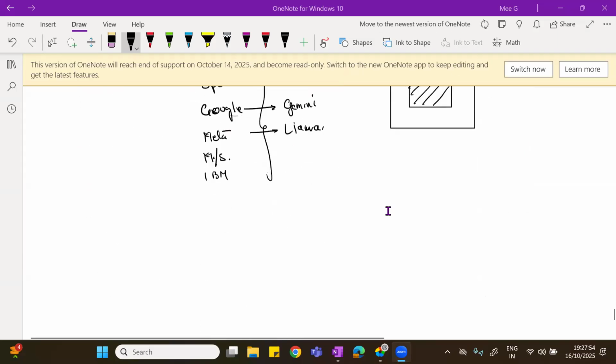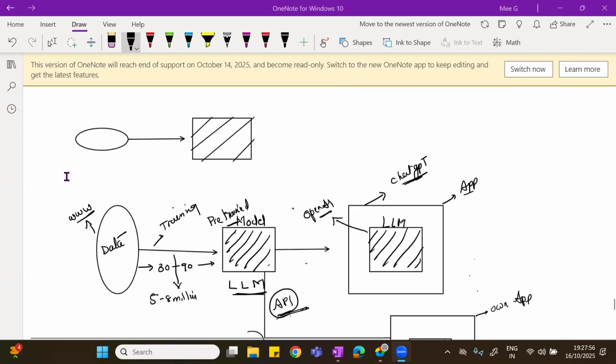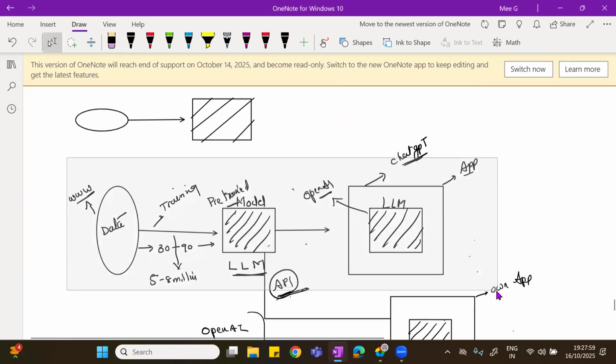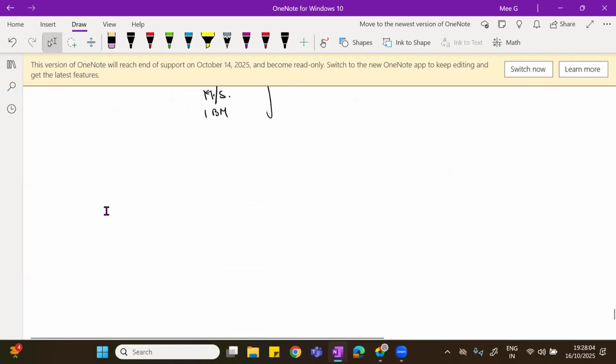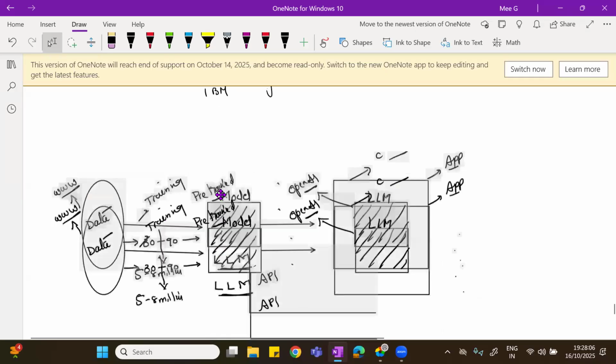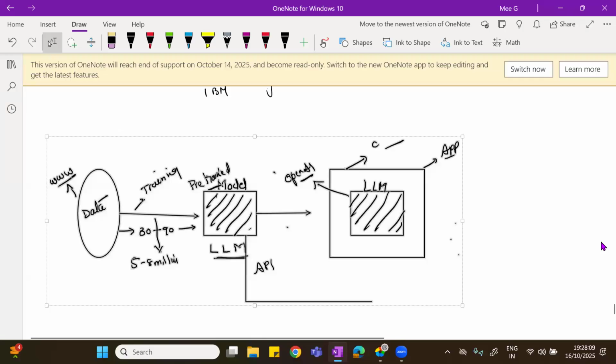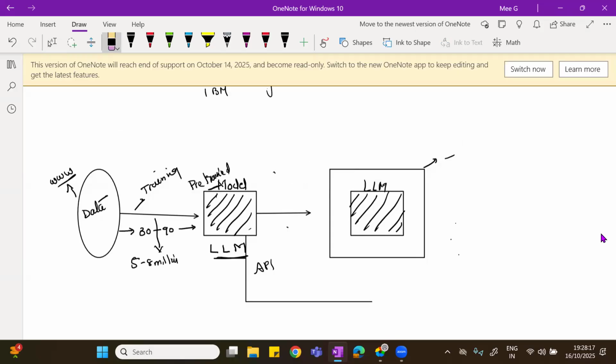Okay, now let's take this one. Here we know that we are preparing our LLM. The major drawback with this LLM is, first, it can't deal with recent data; it is not exposed to recent data, and it does not have access to private data.